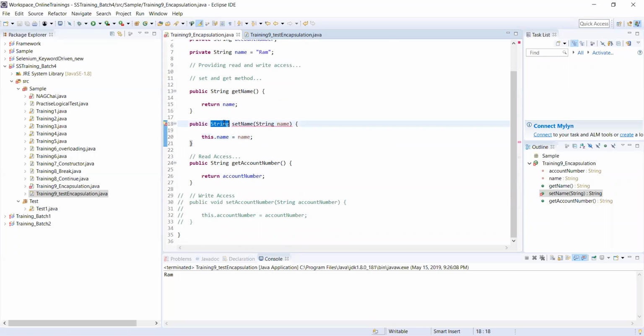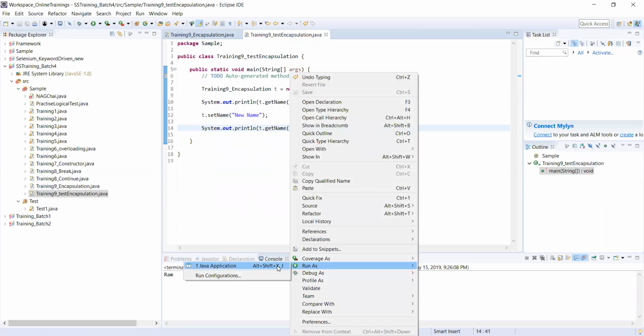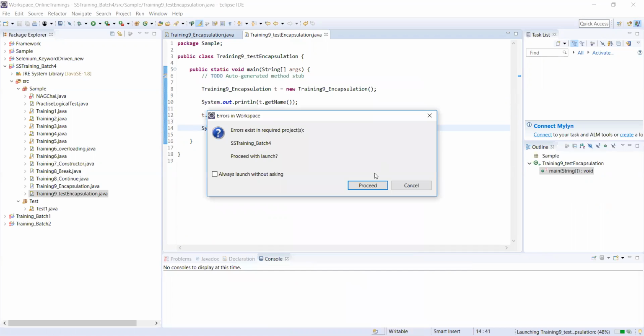I don't need return for setting a value. So if I just do t dot setName, new name, and then if I just get this, I should ideally have overwritten